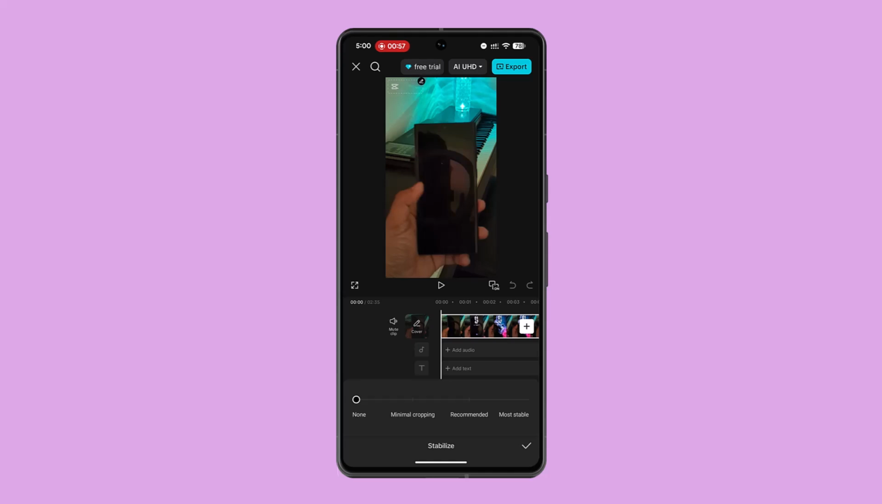select your preferred stabilize level. You could go with a subtle fix that preserves most of your frame, and you could also go with the recommended standard balance option, and you could also go ahead and maximize smoothing, though it may crop the edges more significantly as well. Then you want to tap the check mark to apply the effects, and that's how you're going to stabilize shaky